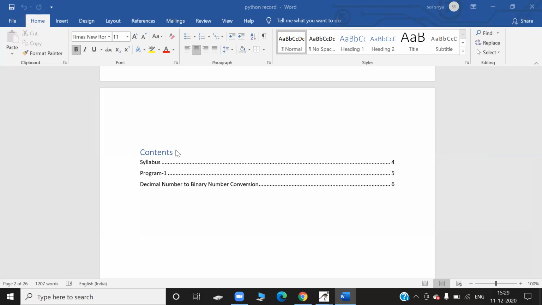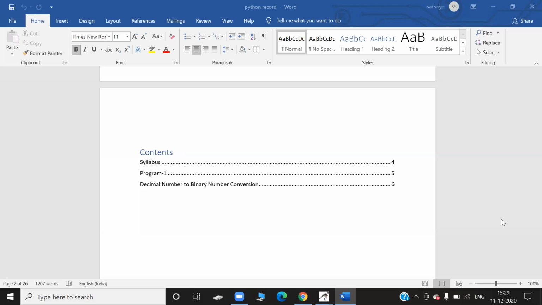In all the newer versions of Microsoft Word, this feature is there. There is no need to write a separate index. The index is compulsory, and that index is called here contents. You will have it in the template. You can include it, and you can find out how to work with the contents through the internet.